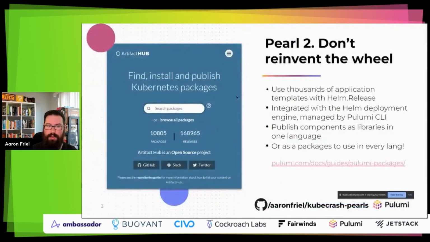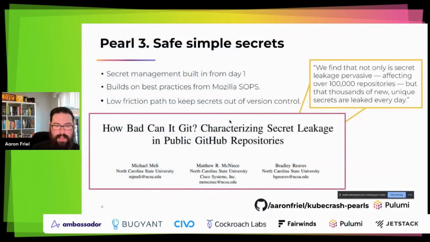That'll take us to our next Perl, safe and simple secret management. Secret management is probably one of the hardest parts of doing software engineering well. There have been some pretty high-profile attacks on large companies recently, largely related to keeping secrets in the clear. And we have adopted an approach from first principles that secrets should always be encrypted. That should be a super low friction path to getting secrets into your Pulumi program,